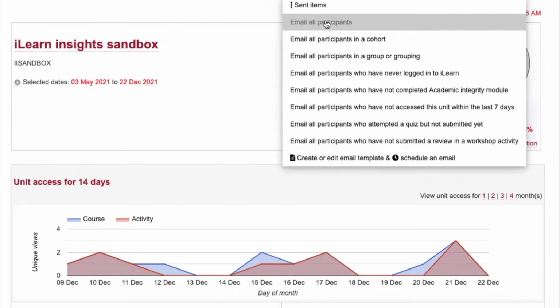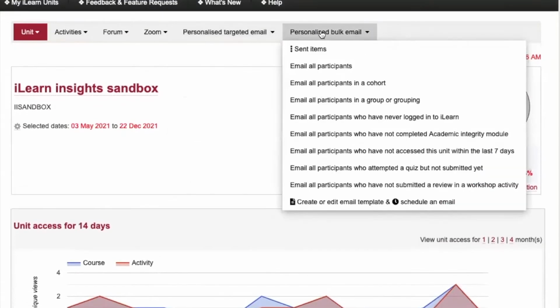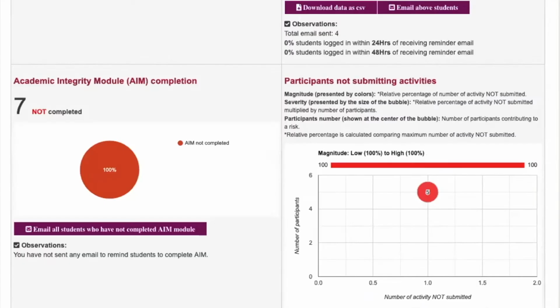So I need two different menus. The reason is there are some big units, probably with 1200 students, where the selection doesn't work. They use this one to send emails to all 1200 students in one go. All right, and to demonstrate this one, let me use my own sandbox,